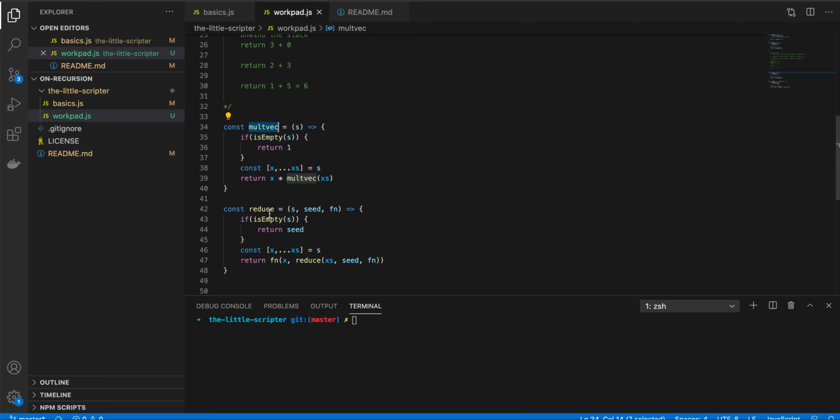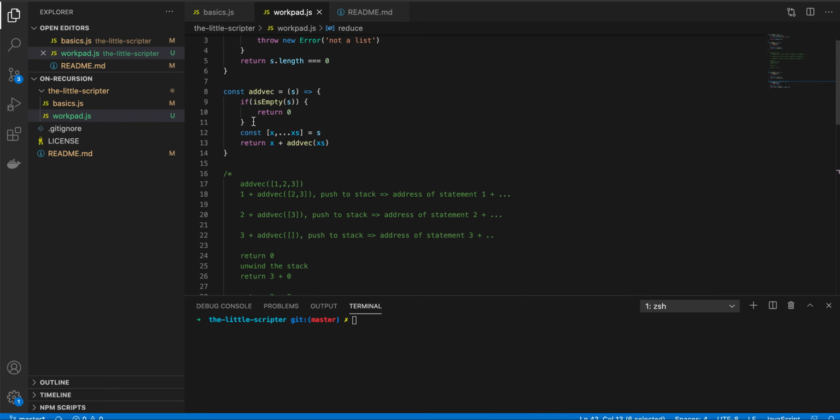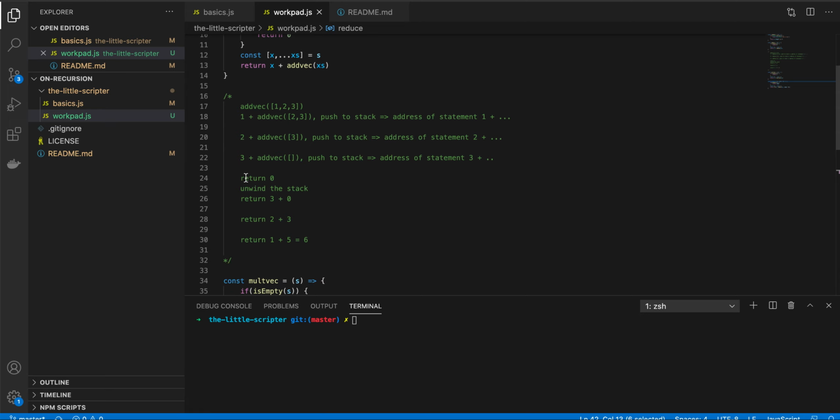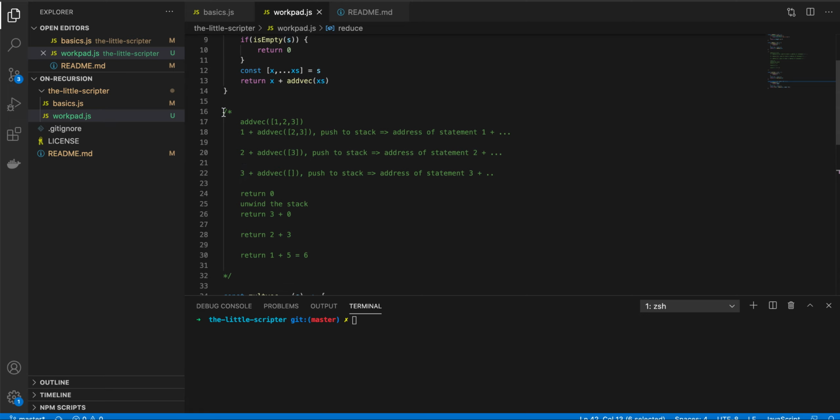Then we saw how to develop a function called reduce, which can iterate over and then perform the operation that we want it to perform. So this is a higher order function which takes a function and then performs that operation. So we could use reduce to either perform multiply or perform add. We also went in detail about how this add vector works,